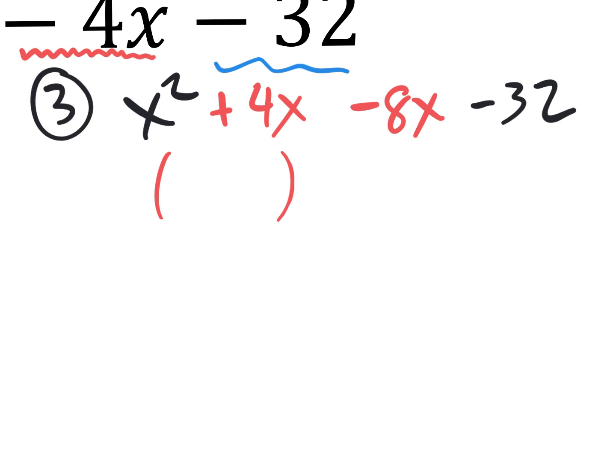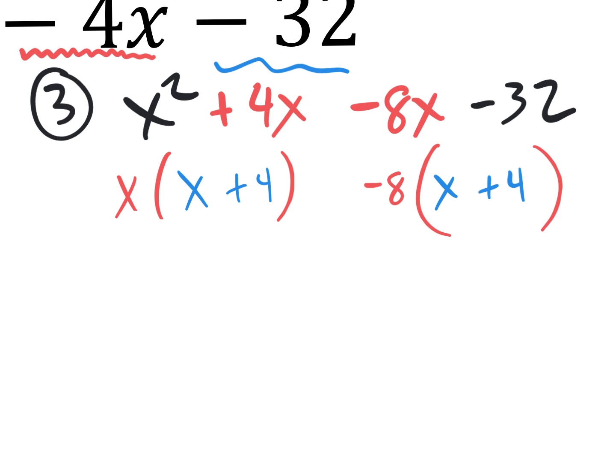An x. What would be left over on the inside? X plus 4. What could I pull out of the second group with this negative 8x and that negative 32? A negative 8. And what would be left on the inside? X plus 4 as well, which is beautiful because now we could actually pull out this common binomial that's in